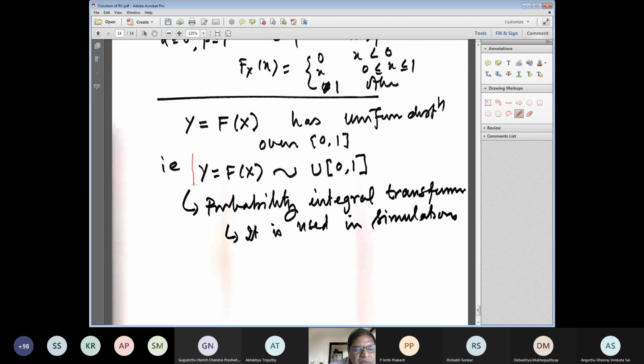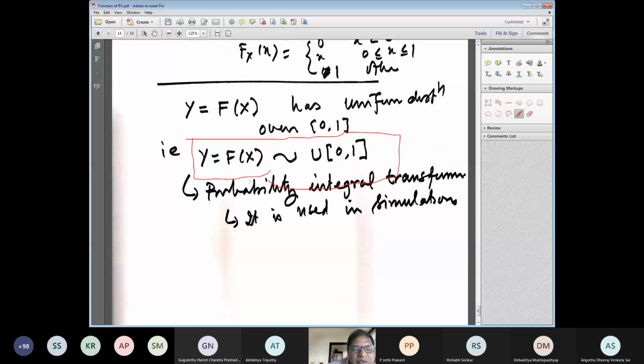So this is the final result, that y is equal to F_X follows uniform distribution. Uniform distribution means 0 to 1. So this particular transformation is known as the probability integral transform, and it is basically used in simulation,